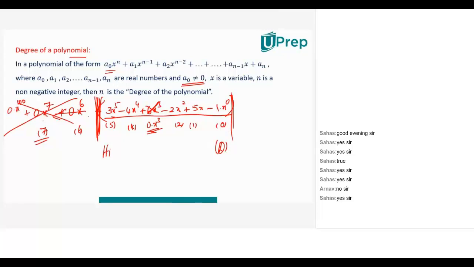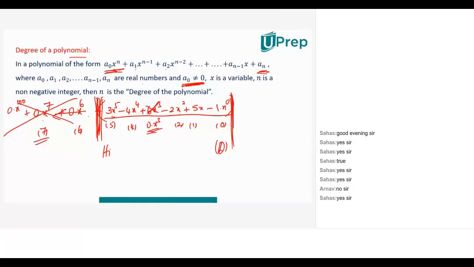The constant can be 0, no problem. If there is no constant, I'll write plus 0. Now again go back to your definition and see that in a polynomial of the form a0 x power n and so on, that is x power 9, x power 8, x power 7, so on up to constant, starting from nth power to constant, where the starting term cannot be 0